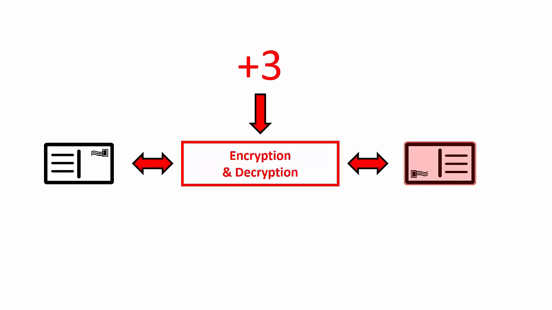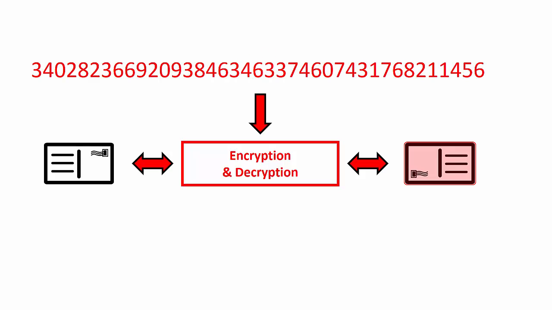Of course, we also need to be able to decrypt our message. So if the recipient knows the number 3 and the method we use to encrypt the message, then they can decode the message and view it. In today's world, we don't use the Caesar cipher, and we don't use numbers like 3. We use ginormous numbers, such as this, to encrypt or decrypt our messages. So right now, as you're communicating over the internet, numbers such as this big number are being used to encrypt and decrypt messages you send over the internet.